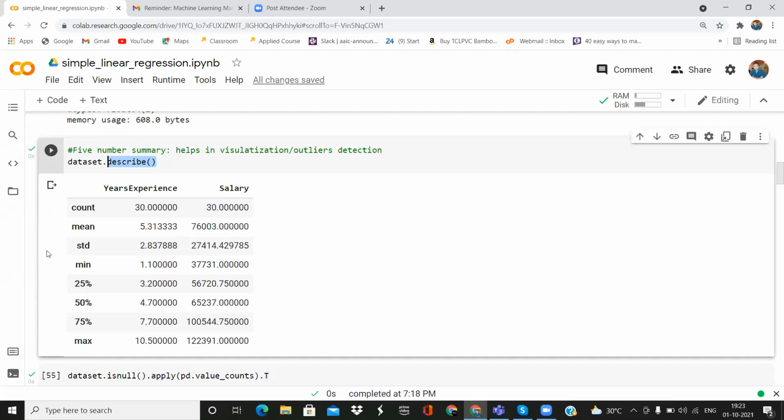That's what it helps with. It also gives the count and the mean, the max value of our dataset, and the standard deviation as well. Are you clear, Padmini?